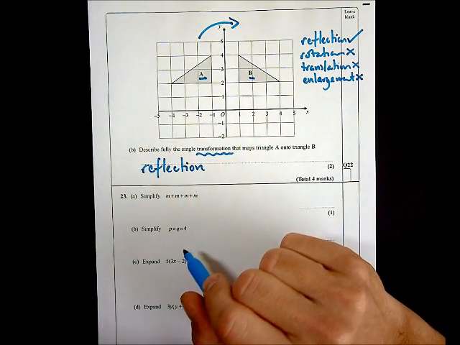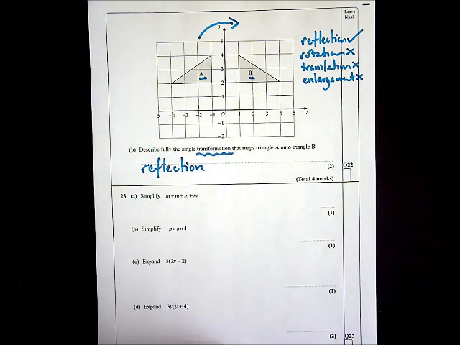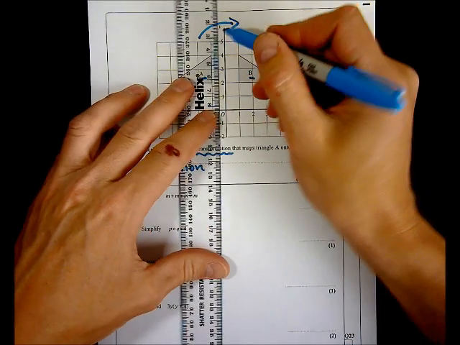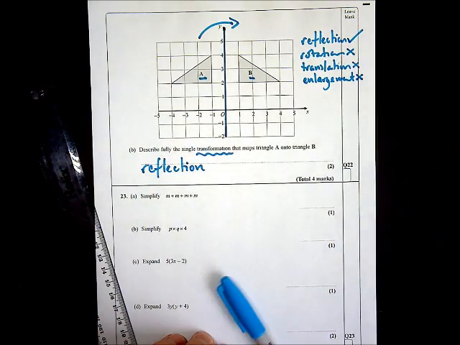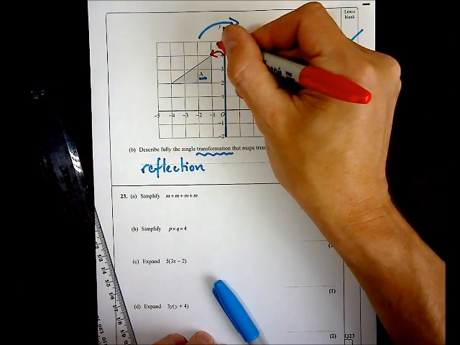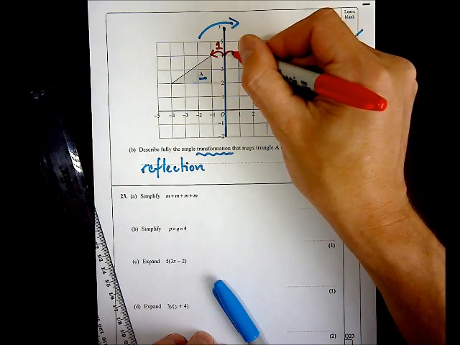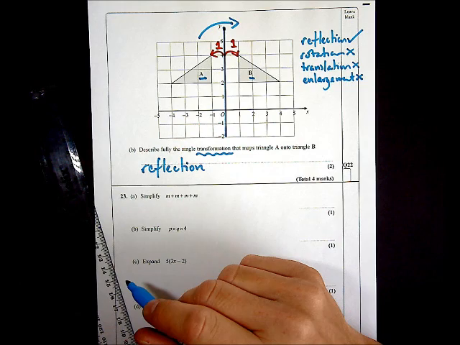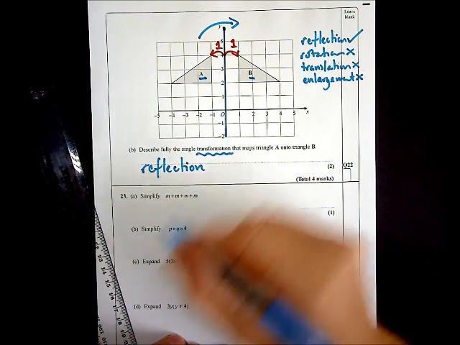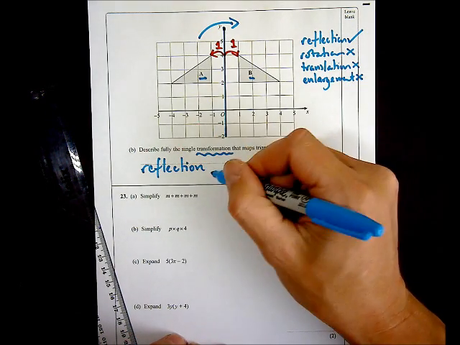And all I need to do now is give an equation to the line of symmetry. So this is my line of symmetry down the middle, and I know this because it's 1 square away in that direction to A, and it's 1 square away to B. So that line is exactly in the middle. There's a couple of ways I can describe that line. I could put that it is the y-axis,